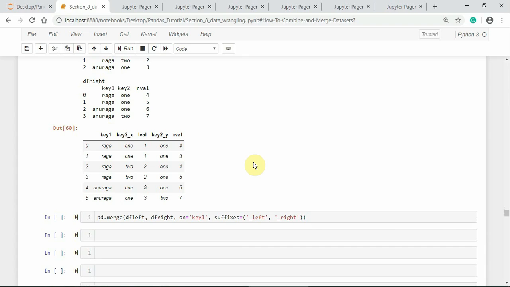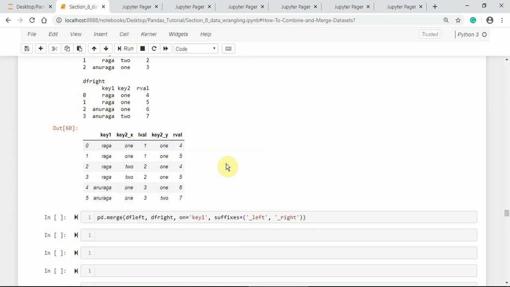Notice that in order to assign values for the key1 column, the key2 column has split into two columns, key2_x for the left data frame and key2_y for the right data frame, with their corresponding values.